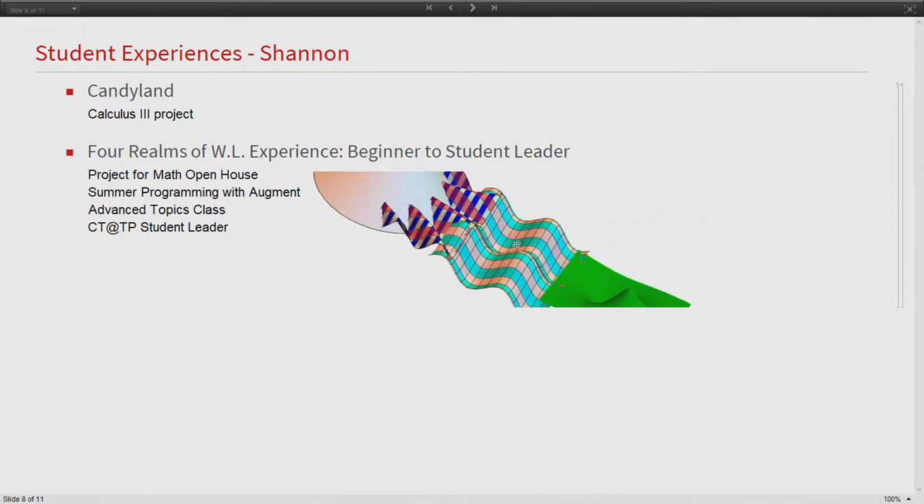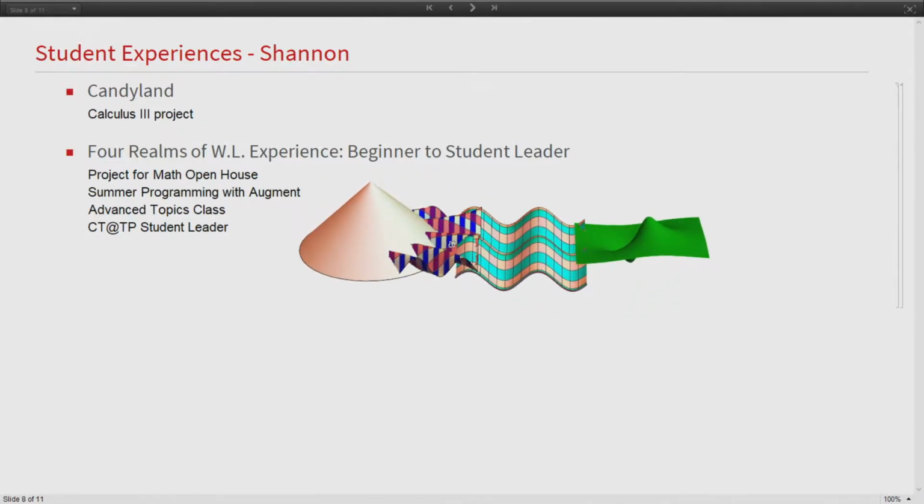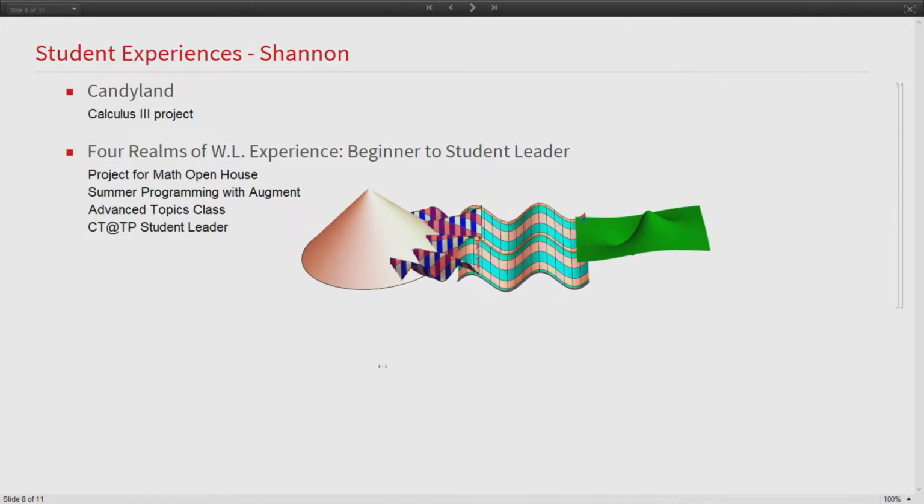And we used all kinds of surfaces we found and all kinds of mesh functions and color functions to make it look really nice. And then we used our calculus knowledge from class to find gradients, contours, and all kinds of stuff for this little plot. And through that, I learned a lot more about Mathematica and the inner workings, how syntax worked, that kind of stuff. And going into that project, taking on building this Candyland with very, very little Mathematica experience was very difficult,